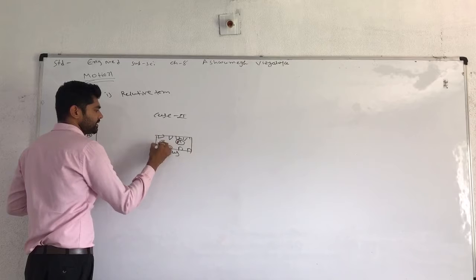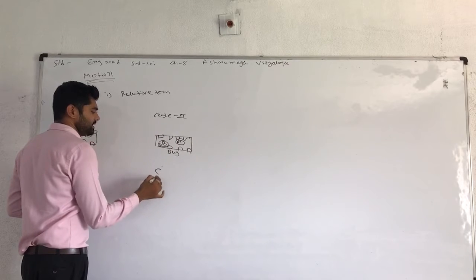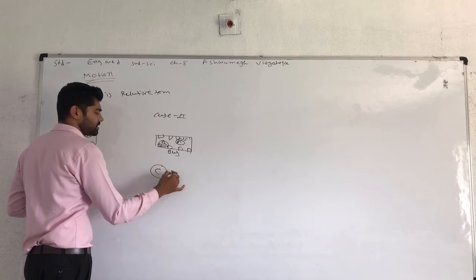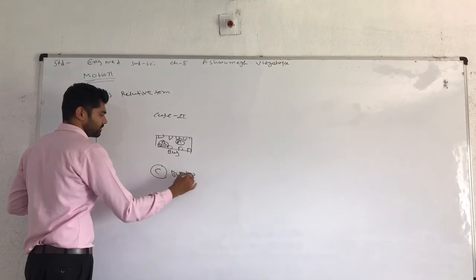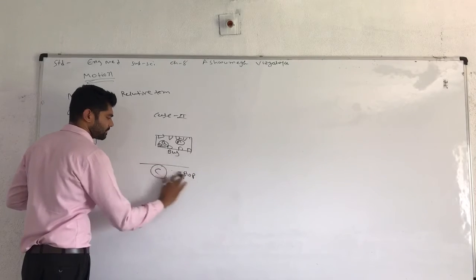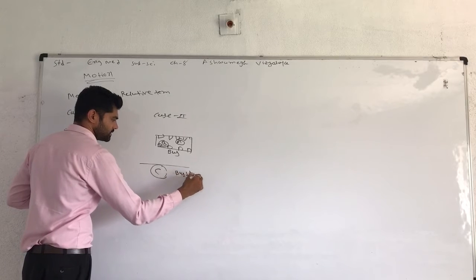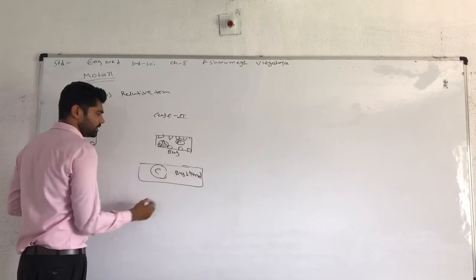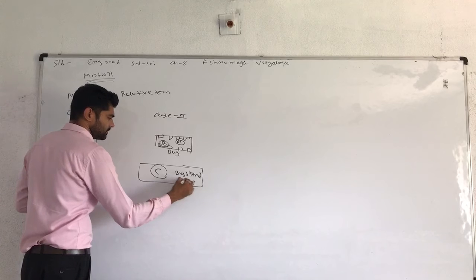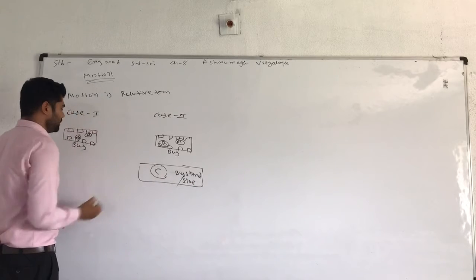Person A is here, B is here, and C is standing at the bus stop. Bus stand or bus stop. So here, case 1,